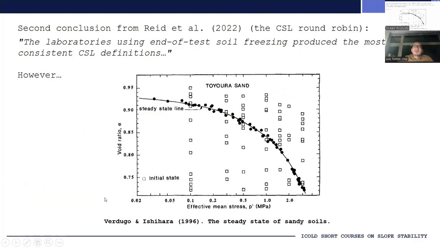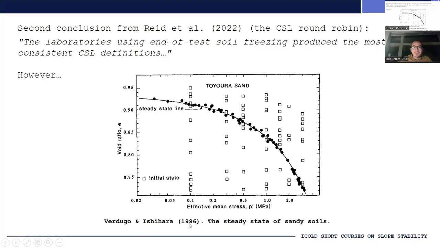Now, in the round robin exercise for the CSL, the authors point out that the laboratories using end of test soil freezing produced the most consistent definitions of the critical state line. So I think that this result gives the impression that freezing is therefore going to be the optimal method. The reason why I do not believe that this is necessarily the case boils down to this figure right here,